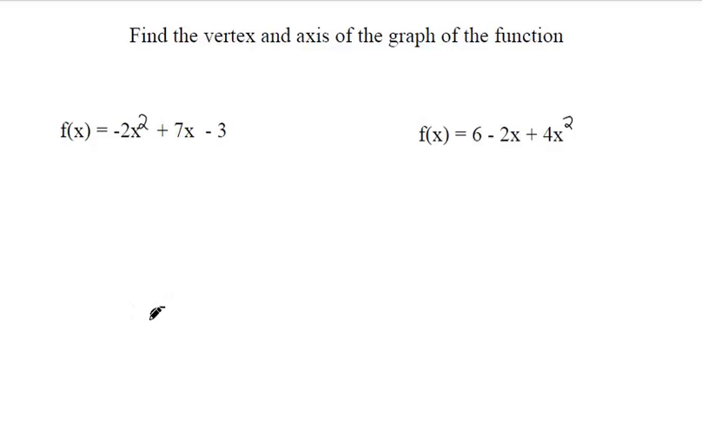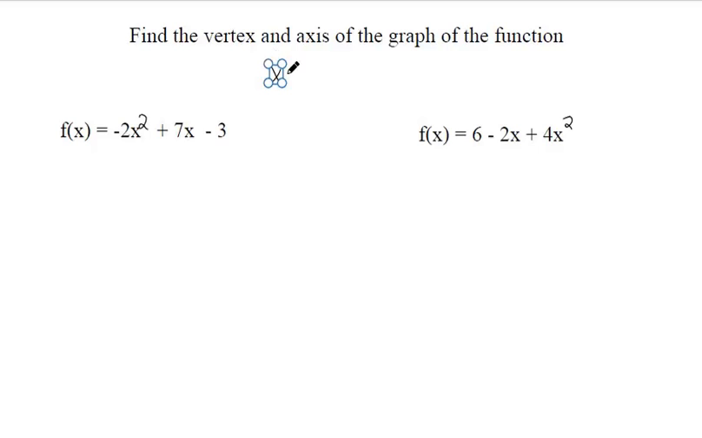The standard form of a quadratic is ax squared plus bx plus c, okay? Where a is whatever number is next to your x squared, the coefficient of x squared. Where b is the coefficient of the x to the first power term, and where c is the number by itself, okay? So that's important for these questions because you can quickly find the vertex and the axis of symmetry